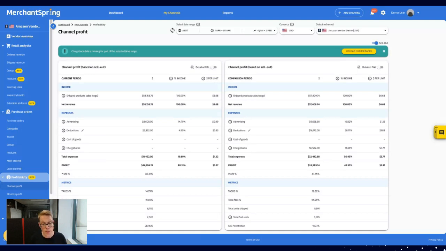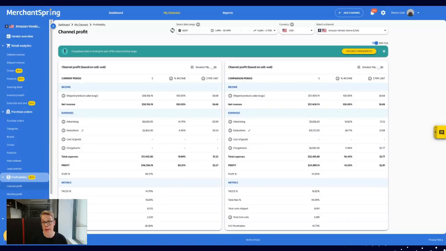That's point one. The second point that I want to mention is when you look at the chargeback files, each chargeback will come with a different status, right? The most obvious one is it's charged or it's disputed. Often Amazon will waive the chargeback. Now, from a profitability point of view, obviously, we do not want to reflect any chargebacks for which you actually haven't hit your account yet. So if the chargeback is waived, we do not surface it here in the P&L. But if the chargeback is charged or disputed, we will surface that in your P&L and include it in your